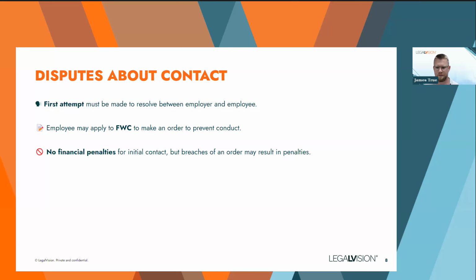However, if the Commission has made an order, say that the employer doesn't contact the employee outside particular hours, they've got a very broad range of orders that they can make, and they can get quite particular with them. But if they've made an order and then the employer breaches that order and continues to contact in contravention of that order, then yes, there can be penalties for that breach of that order. So, as I said, this is probably something which will determine whether we see a lot of these types of cases rolling through the Commission.